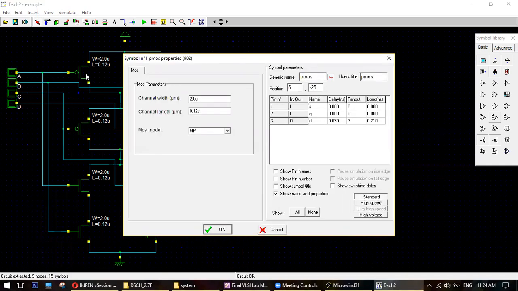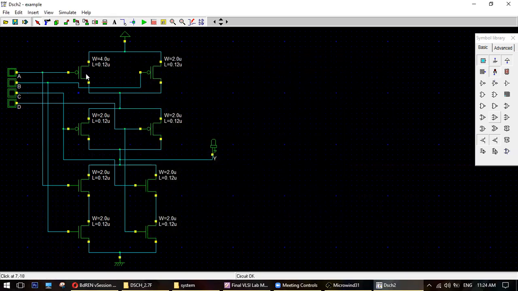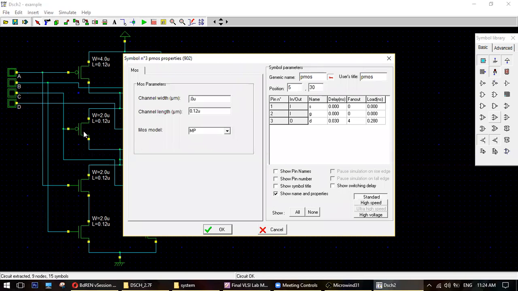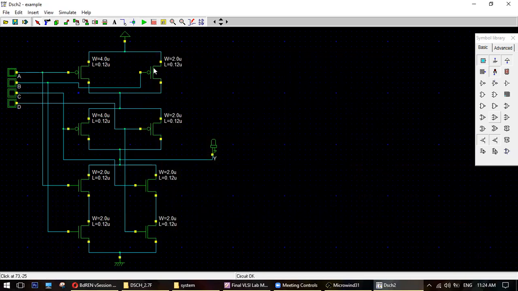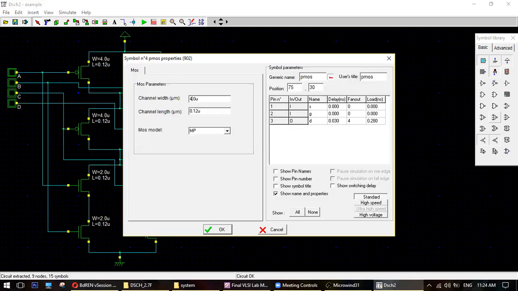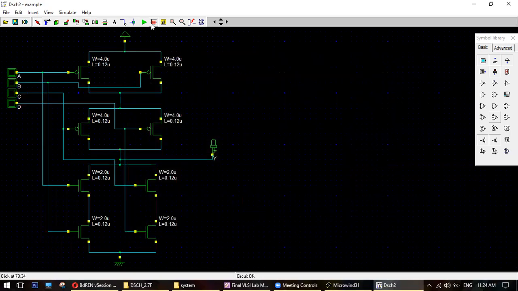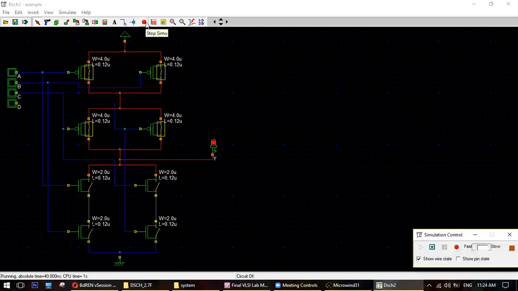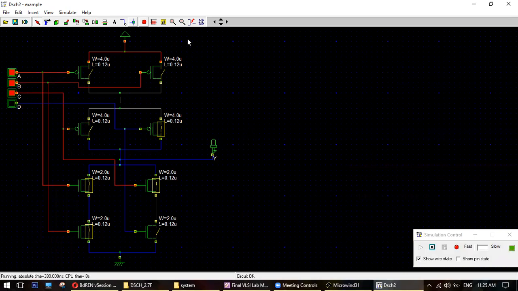This one, make it 4. Sizing is complete. Now, if I check the design, it is all right. 0, 0, 0, 0 output is 1. 1, 1, 1, 0 output is 0, right? So it is all right.